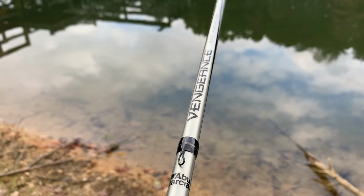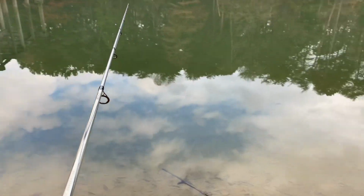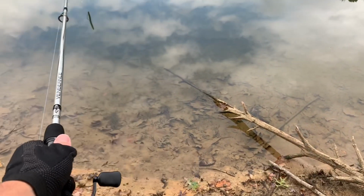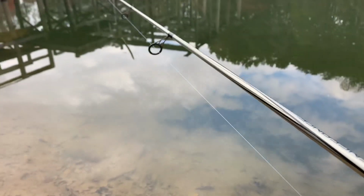It's been a couple weeks since we did a video. We just recently got back from Myrtle Beach, and the forecast shows that we're going to have 2 or 3 decent days before it gets really, really cold. So we thought we would come back over here at the pond today, make a few casts, and see if we can